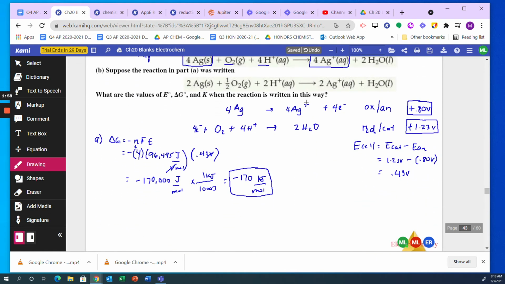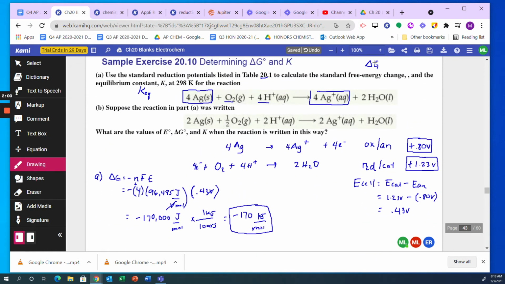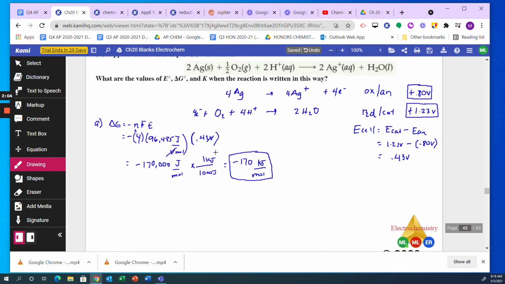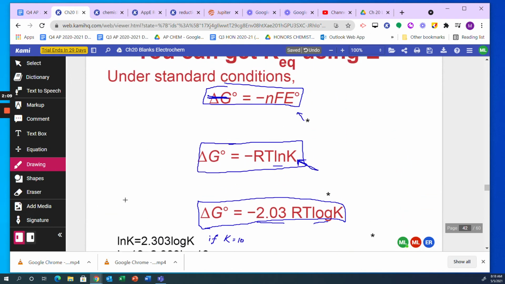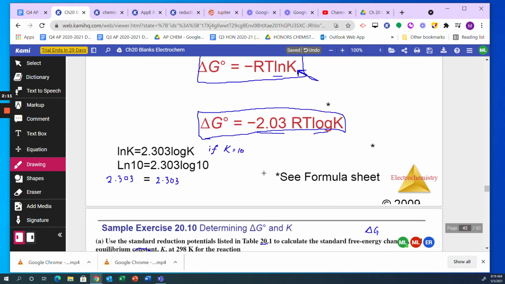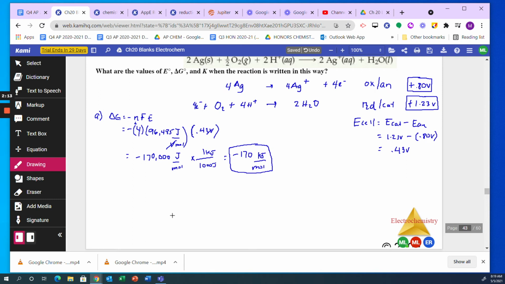So here, we were able to find delta G. Now we're going to find K equilibrium. The formula is, let me just go back there. Delta G equals negative RT ln K. Okay, so delta G is given here, negative 170 kilojoules per mole